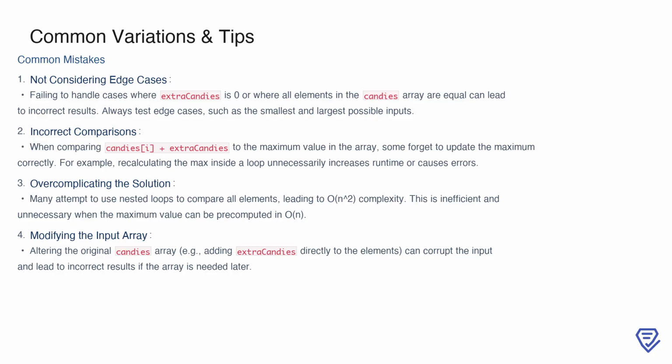Another frequent issue is incorrect comparisons. Some may forget to pre-compute the maximum value in the array, or they might recalculate it unnecessarily inside a loop, which can increase runtime or introduce errors. Overcomplicating the solution is another pitfall. Using nested loops to compare all elements results in inefficient O(n squared) complexity when a pre-computed maximum allows for a